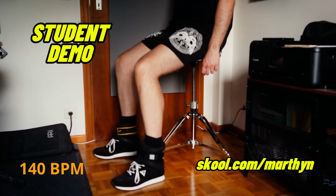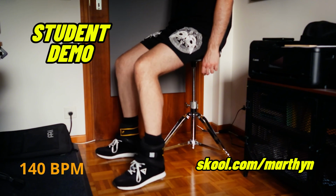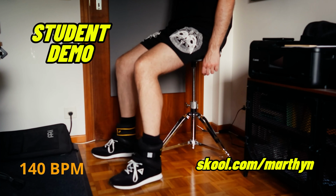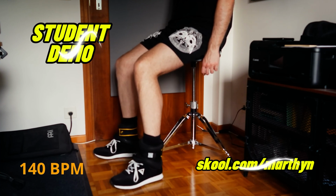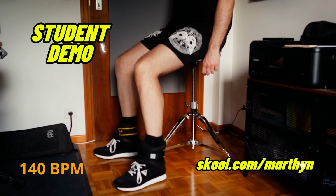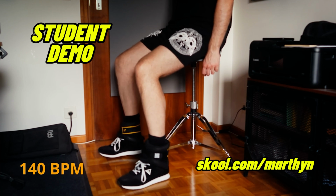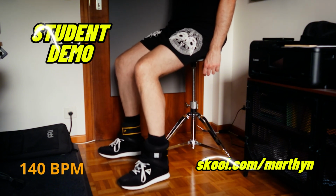So back to the positive stuff. Look at this student practicing at 140 BPM on the floor. Clean, controlled, confident. No complexity, no confusion, just one motion mastered. The fastest progress happens when you remove variables like spring tension and pedal weight and train the muscle directly. Floor workouts give pure feedback, and once that muscle group is activated properly, applying it to the pedals becomes 10